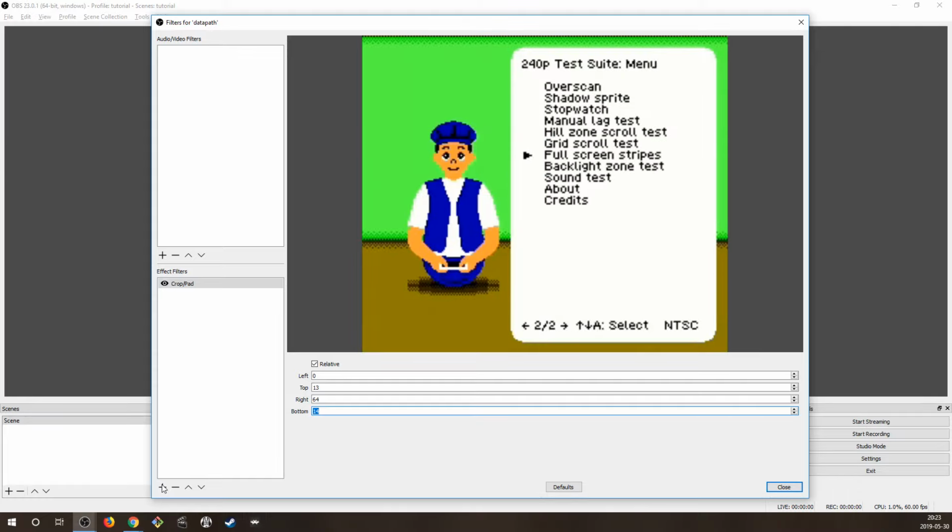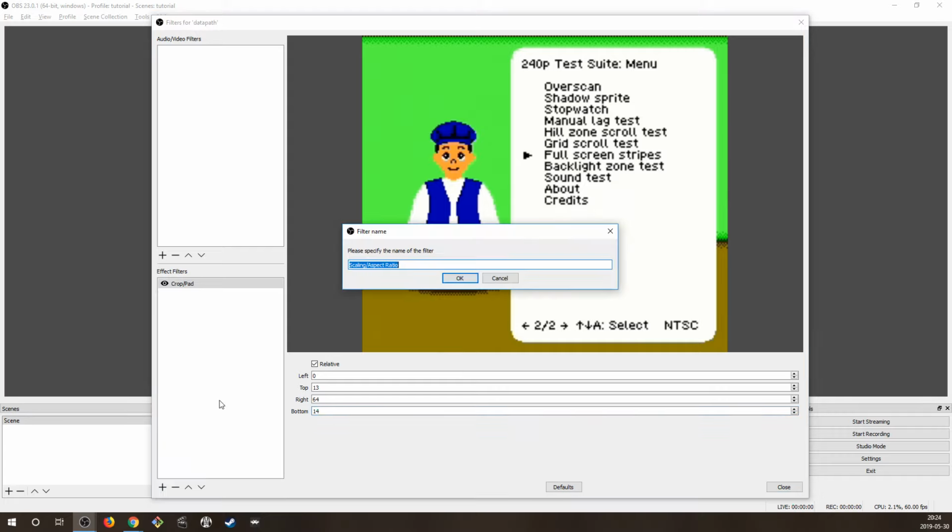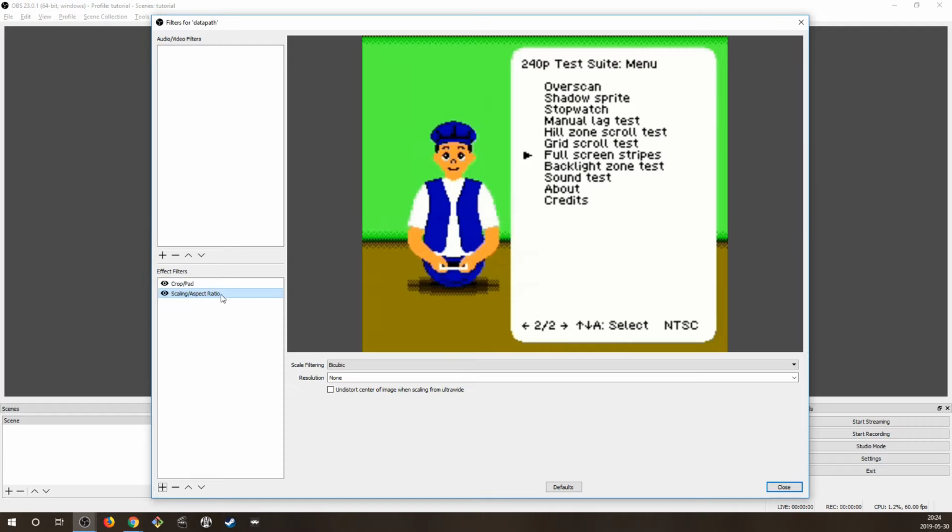Then we want to do a scaling and aspect ratio. If you have any questions, Green Mario, feel free to just shoot them in chat and I'll try to read. So now the scaling aspect ratio thing,